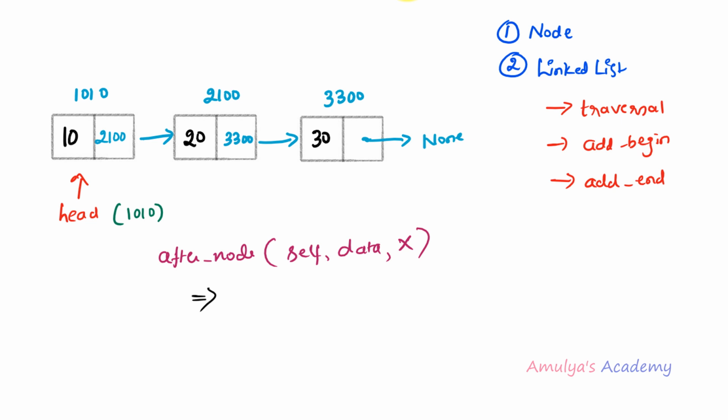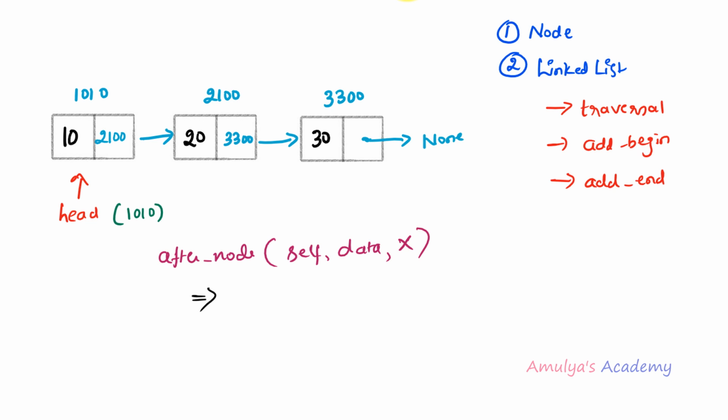Next, as I said, we are inserting a node after a given node, right? So whatever new node we are entering can be the second node of the linked list or the third node or in between nodes. It can be any node or it can be the last node. It can't be the first node of the linked list, right? Because we are adding the new node after a node. It can be the second node, third node, fourth node or the last node. So no need to worry about any special situations. Adding the element at the second position, third position, fourth position or the last position is the same here. The code is the same for all the situations.